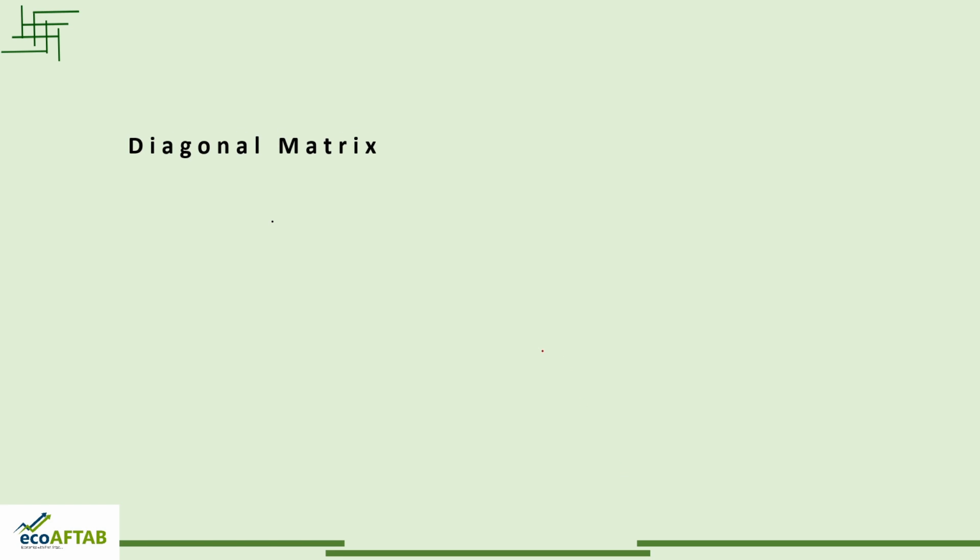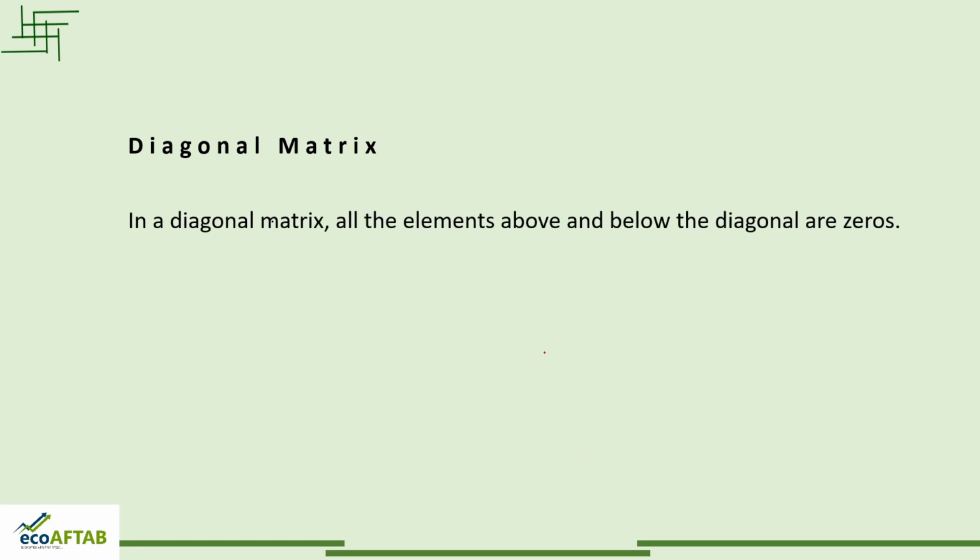Now, you understood what is a diagonal matrix. In a diagonal matrix, all the elements above and below the diagonal are 0. So, here 1, 6, 5. You can see that in the diagonal the elements are not the same, so it is just a diagonal matrix. If the elements are the same but not 1, it is a scalar matrix. If all the elements in the diagonal are 1, it is an